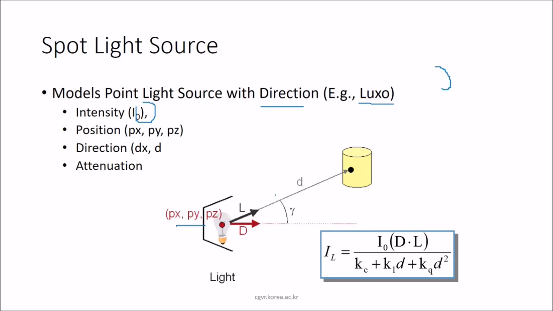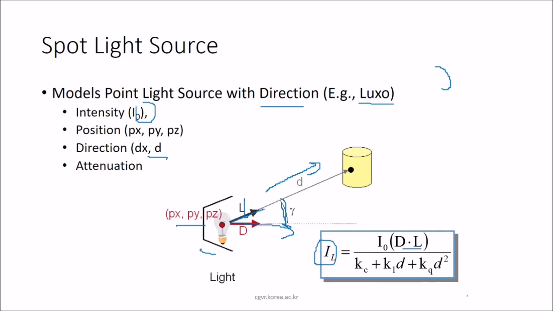The direction is d. We also have attenuation, of course, because this is not at infinity or a natural light source, so it will give you certain attenuation. If this is the angle, this d is the light source direction, and this is the angle at which it is going, given by L. So d dot L will be included in the previous expression we have seen.